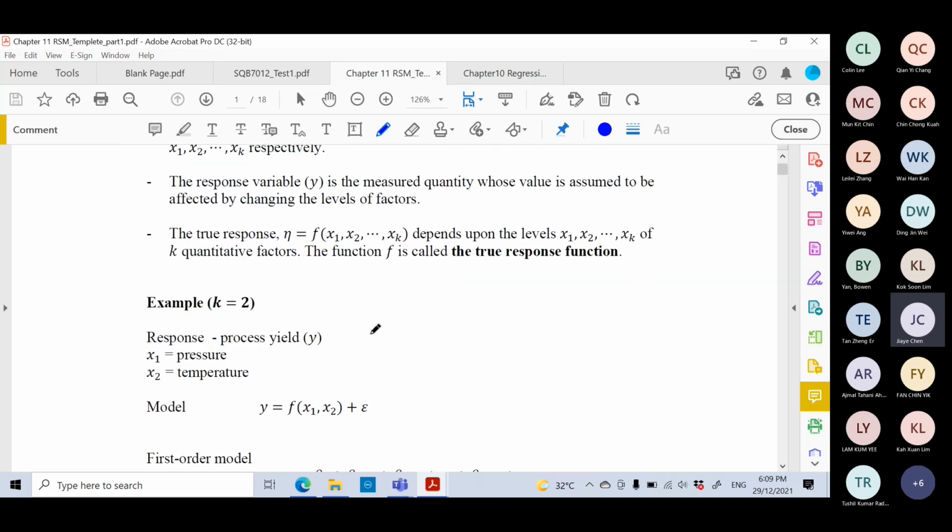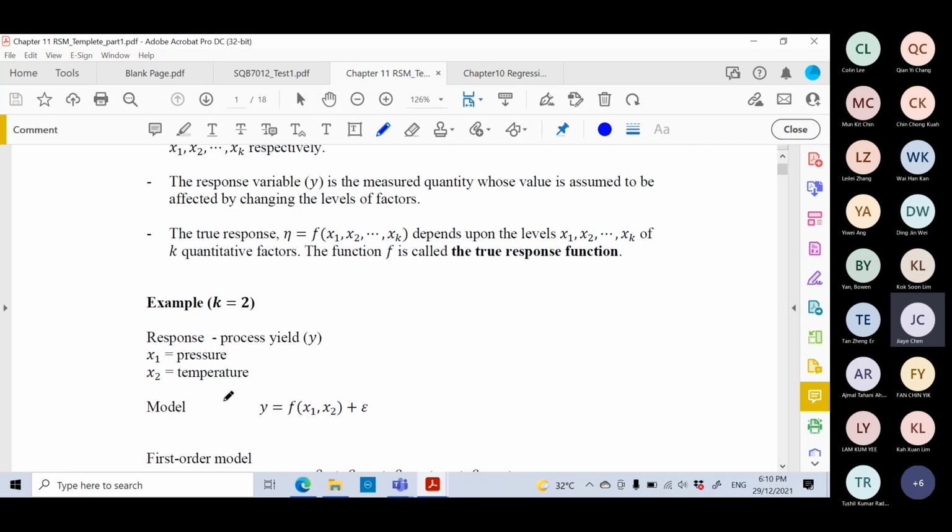Okay, so for example, if k is equal to 2, we only study 2 factors. The first factor we consider is pressure. The second factor is temperature. So we have x1 and x2 that will affect the process yield. So the process yield will be the response, and we denote it as y. Then x1 and x2 are the